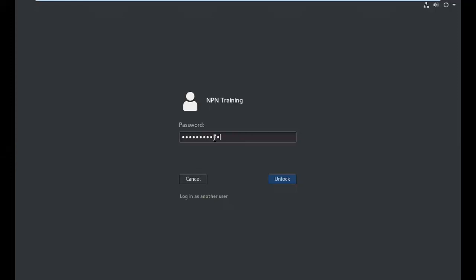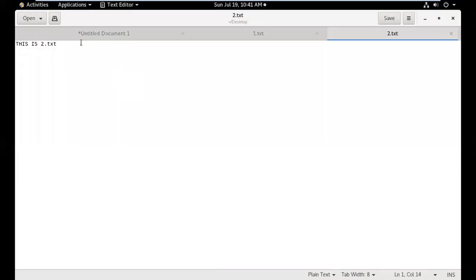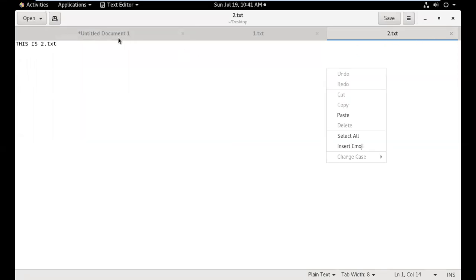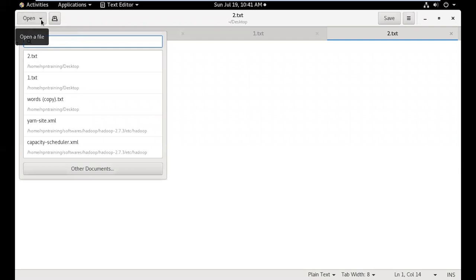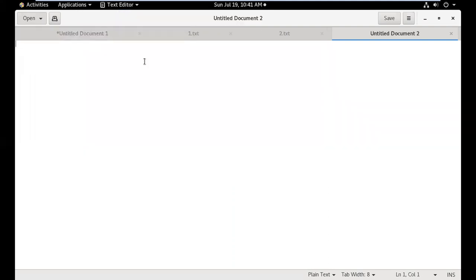Okay, let's do a little recap of whatever we have done till now, and then we will proceed. Let me take a new document. If you remember, we started with the first thing, which is to format the name node, and the command is hdfs namenode -format. Then we started the services.